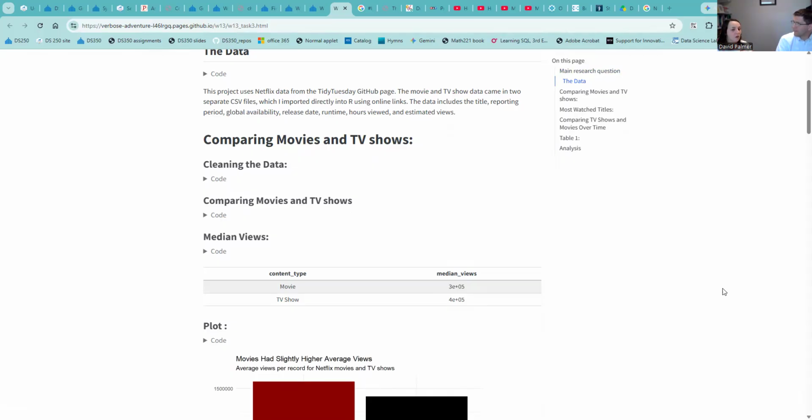My initial idea was to group the data by years because I wanted to see what years they had better release dates and what years of release date people actually watch their stuff from. But this data didn't have many release dates. There were also a lot of missing values on the date they entered Netflix,